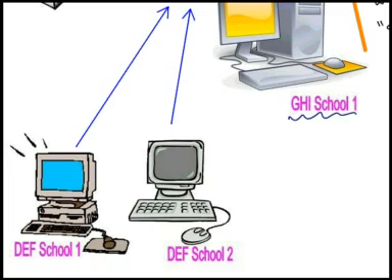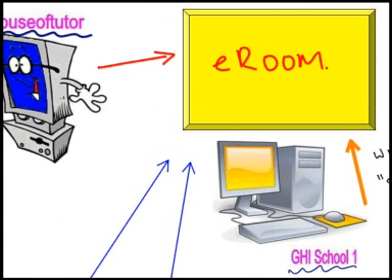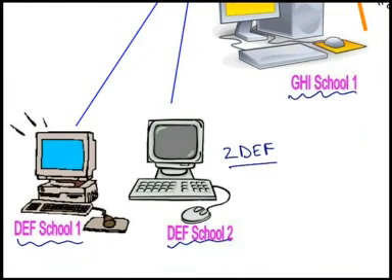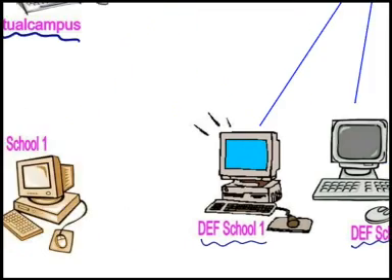So for instance, let's say that is GHI School 1, this is DEF School 2 and DEF School 1. When DEF School 2 is the computer being used to log into the eROOM, it is important that you will write 2 DEF in the eROOM. Because in the eROOM there's a block appearing on the screen that says members. Now the name that you typed when you log in will actually be displayed there. And it's important that you type the number of your computer first, the 2 DEF or 1 DEF, and also